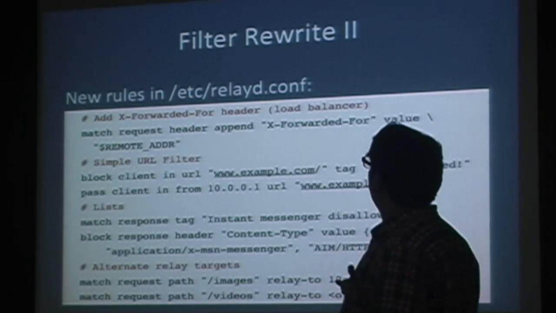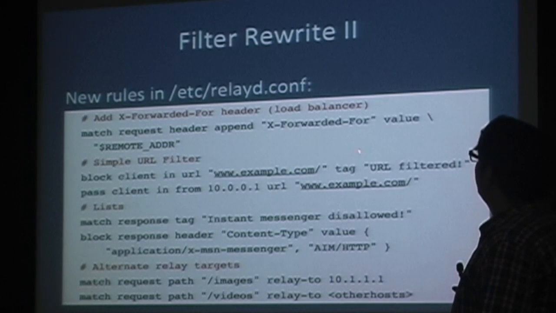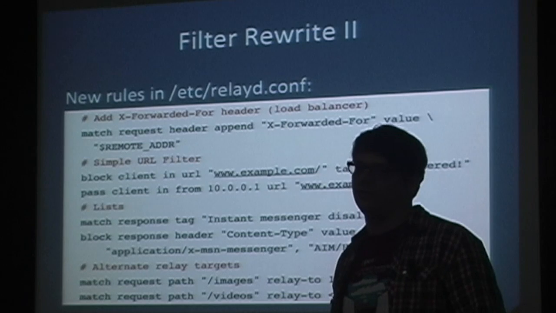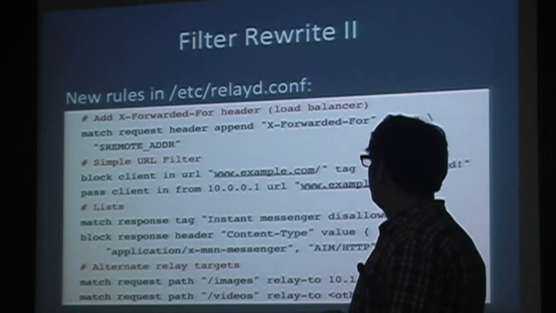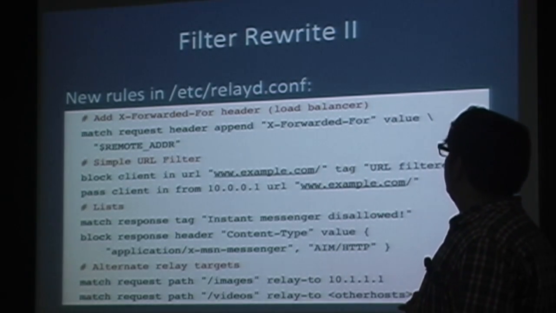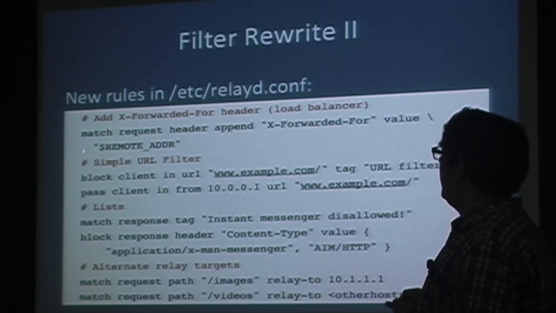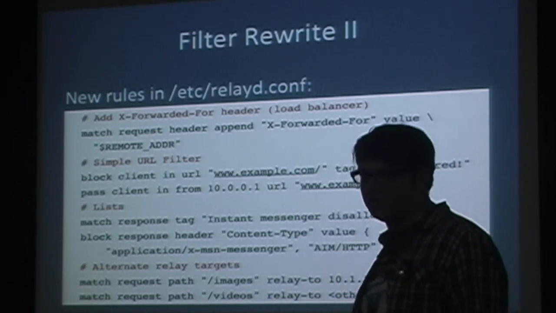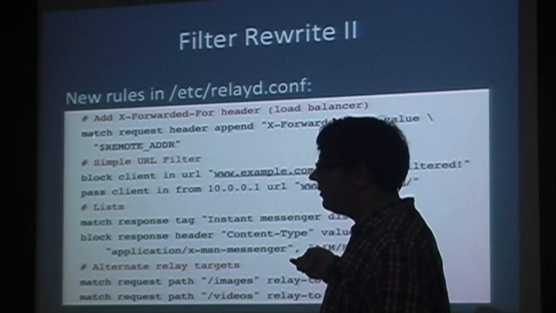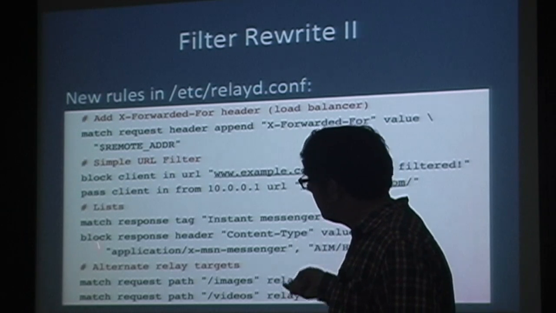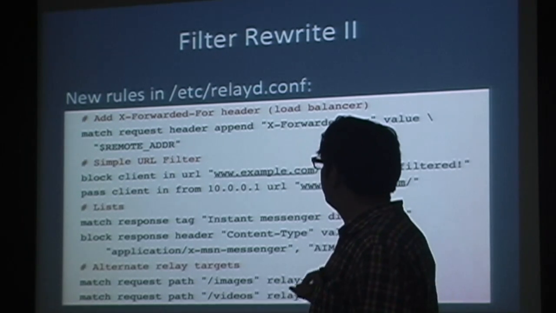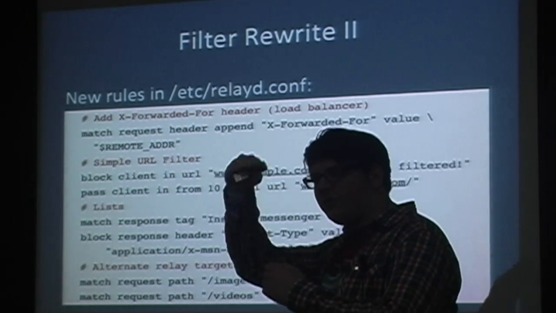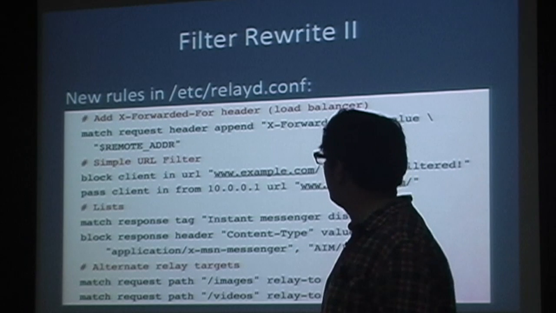So just an example of the new filter language. The language is not finished yet, so there might be changes and optimizations. This is just an example. You see, I'm using the match, block, and pass naming terminology from PF, and it's using the last matching order from PF as well. So you can also do match quick, then, to enforce first match. So it's like a firewall rule evaluation from top down.